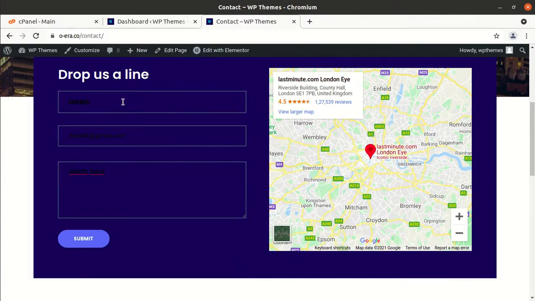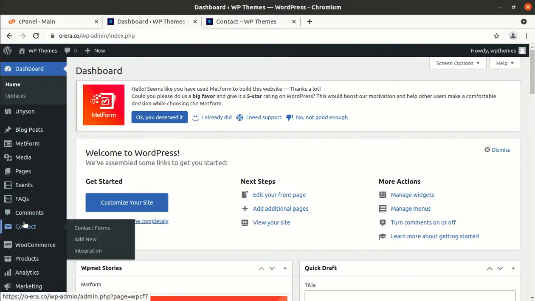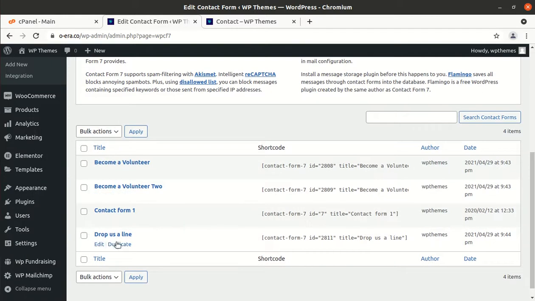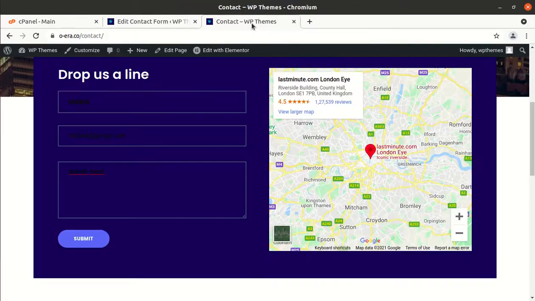This is the Contact Form 7, and I will show you the backend. This is the contact form, and let us check the contact forms. Okay. So Contact Form 7 has been used, and this is contact form 1, which I believe is being used on this page.